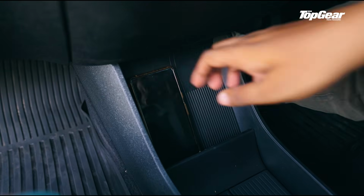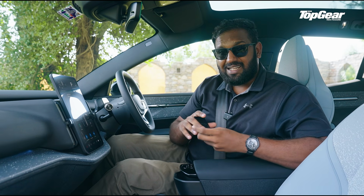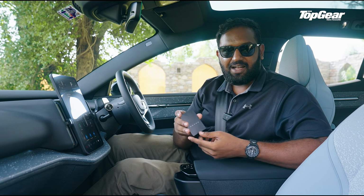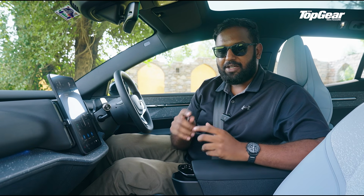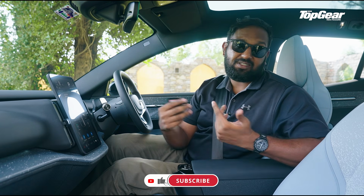Next to that is the wireless charging pad, which needs to have the NFC key. Now this car doesn't get a physical traditional key with buttons on it. You get 2 NFC cards with your car, and you also have a digital app from Volvo that you can use to lock, unlock or share your key with your loved ones,